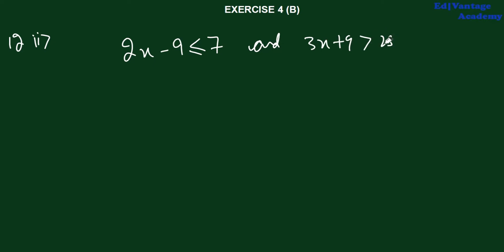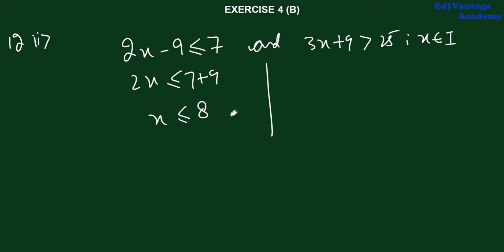Question number 2, second one. It's 2x minus 9 is lesser than or equal to 7 and 3x plus 9 is greater than 25. X belongs to integer this time. So this one will be 2x less than or equal to 7 plus 9 and x will come less than or equal to 8, right? And this side it will come 3x is greater than 25 minus 9, that's 16, greater than 16, 3 comes down, that's x is greater than